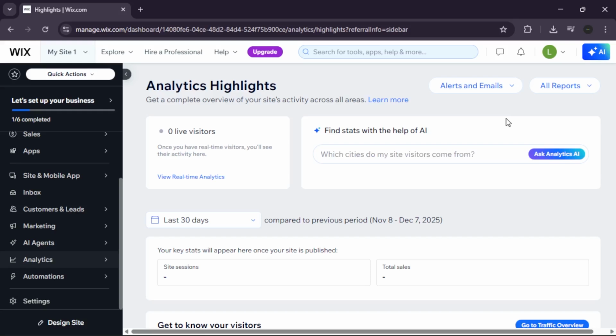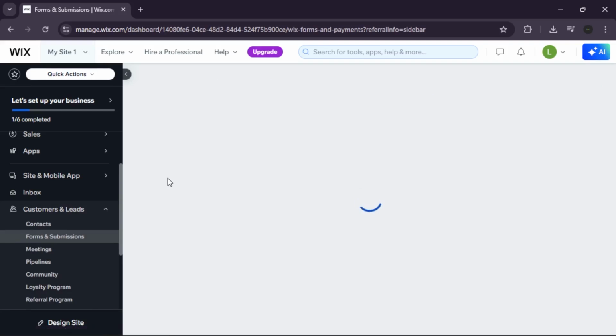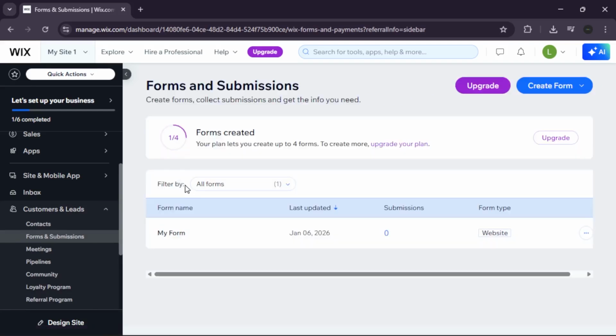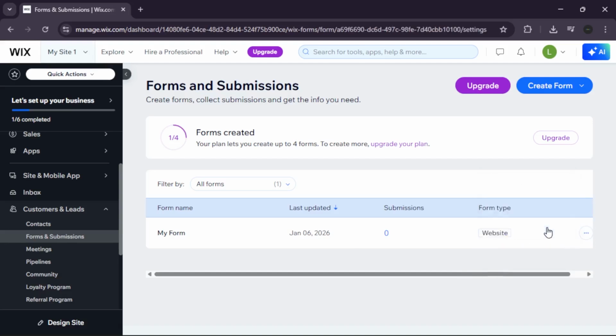Step 1. Access forms and submissions. First, log into your Wix dashboard. On the left-hand sidebar, scroll down to Customer and Leads and select Forms and Submissions. You'll see a list of all the forms on your site. Find the specific form you want to update and click the three dots icon next to it, then select Form